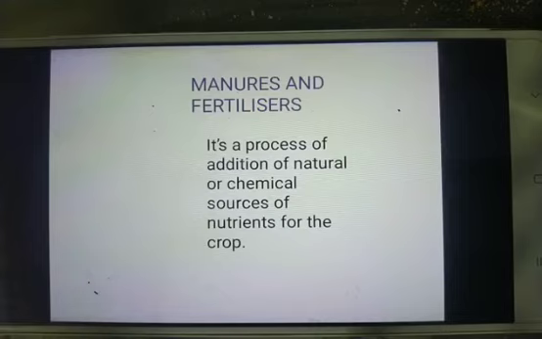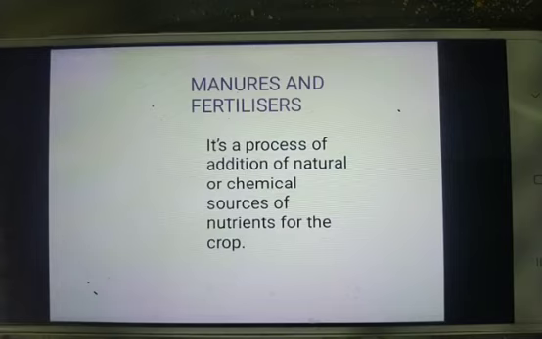Manure can be farmyard manure, that is cattle dung, urine, etc. Next is compost manure, that is decomposition by microorganisms. When composting is done by earthworms, it is called vermicomposting. You have studied in 7th class that earthworms are the farmers' friend because they increase the soil fertility. Earthworms help in decomposition of dead parts of plants and animals. This decomposition by earthworms is called vermicomposting, and decomposition by bacteria is called bacterial composting. So these are the